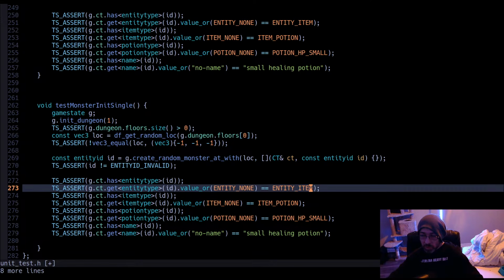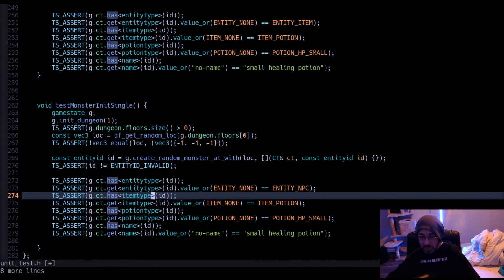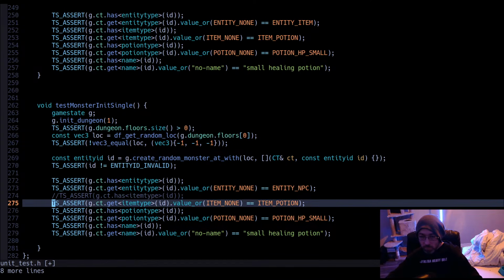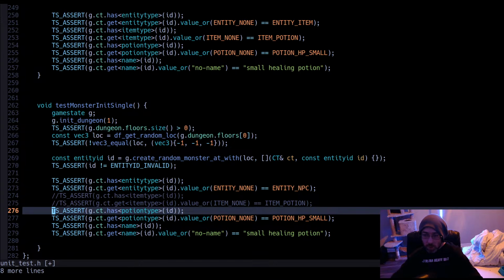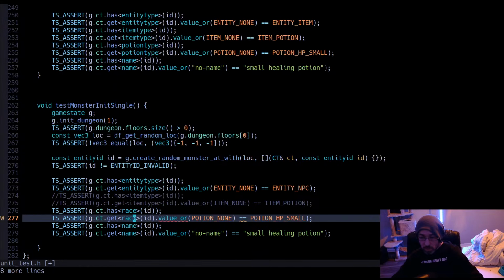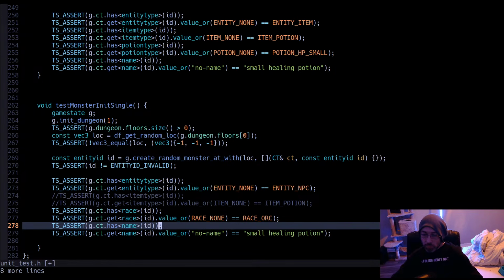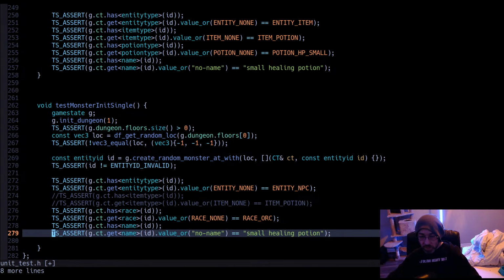Entity type, entity C. It does not have an item type. It has a race. We know it's going to be an orc, but we don't know what its name is going to be.